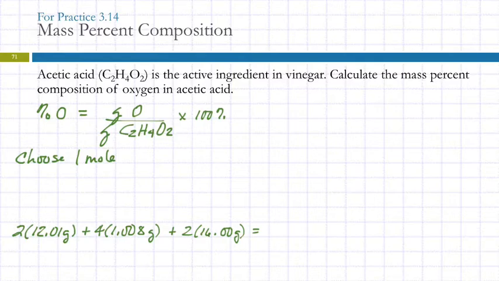So 2 times 12.01 plus 4 times 1.008 plus 2 times 16 equals